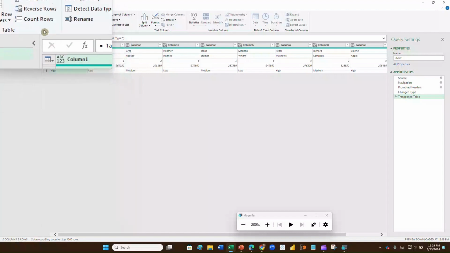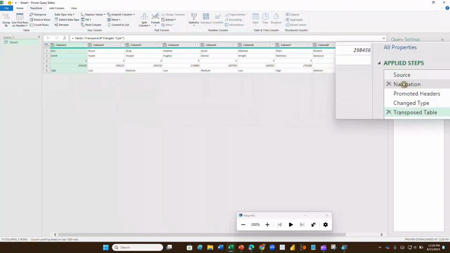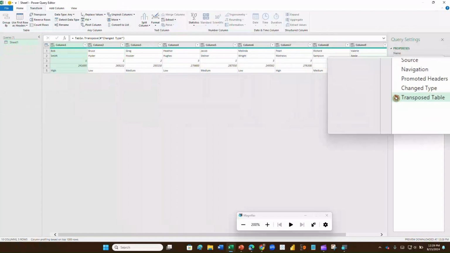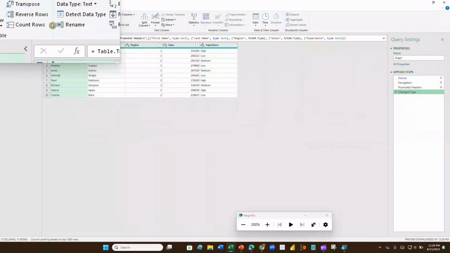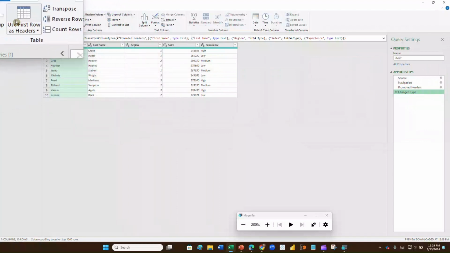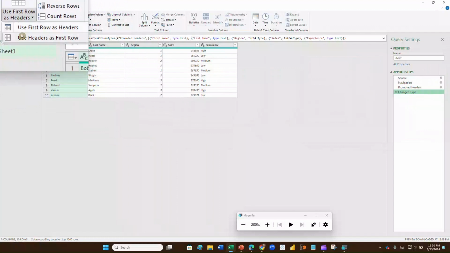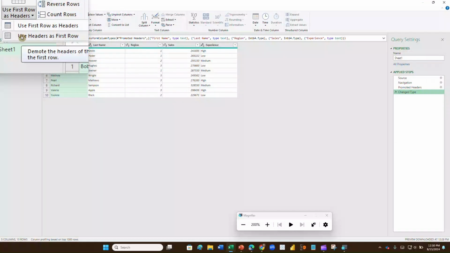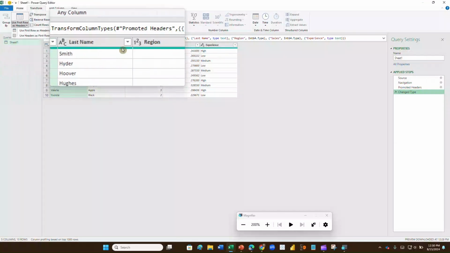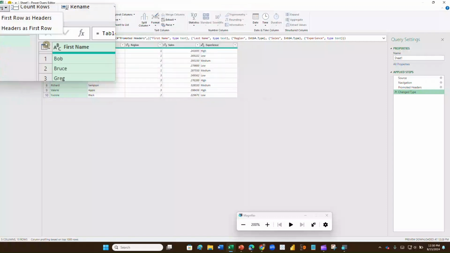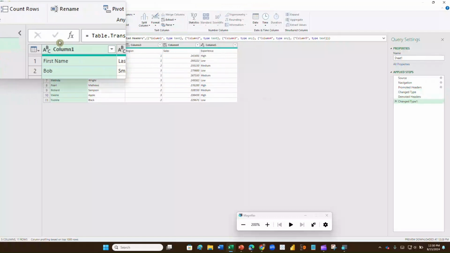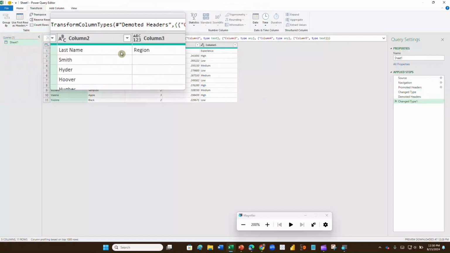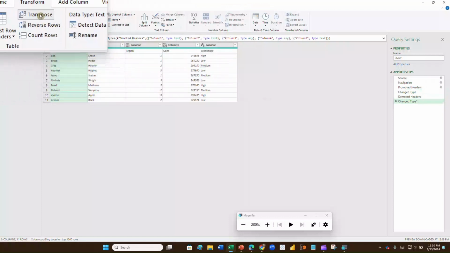So let's undo this. And the way we're going to do it, we go back over here to our applied steps, and we close the applied step. So now we're back to our original data. I'm going to go back up here. Before I transpose, I'm going to go to my use first row as headers, and I'm going to say I want to use the headers as first row. Right now, those are recognized as headers. I don't want them to be recognized as headers. I want them to be part of the data. So I'm going to say you recognize the headers as the first row of data. So it moved those down. Okay. So now when I do transpose data,